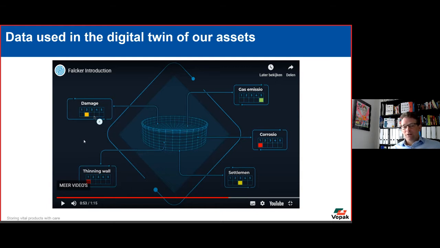So maybe in this example there's some damage on this spot. Maybe the drones detected that here the wall thickness of the steel is getting a little bit thin, or that here the tank is settling a little bit, so it's not horizontal anymore. It could be some corrosion, and there could be some gas emissions. You see that that's a 5. Now, what this will then do is that